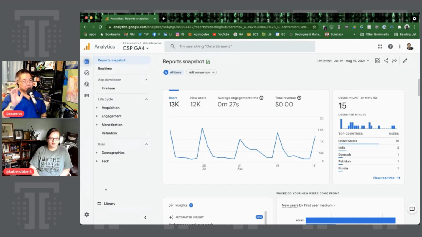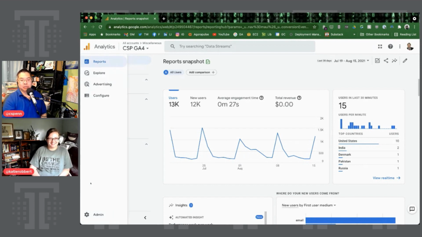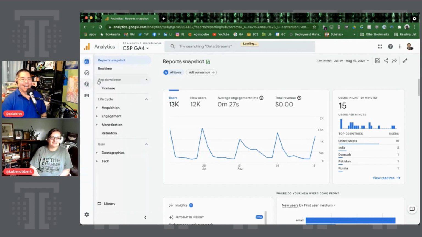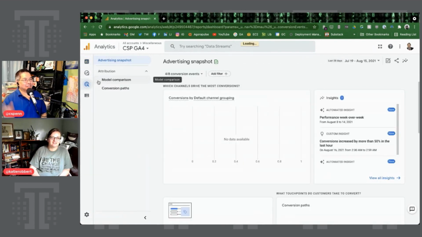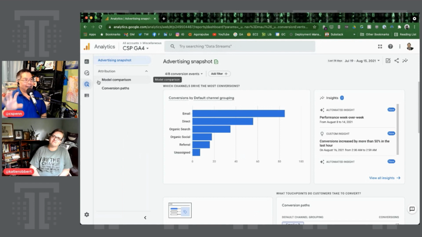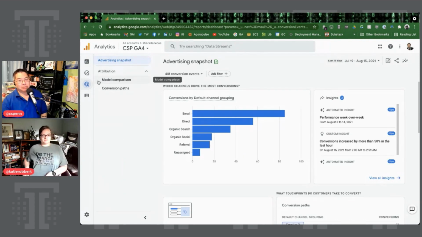And here is the problem with Google Analytics 4 attribution. That ain't it. You have to go to the upper menus where you see Reports, Explore, Advertising, and Configure, and then it is in Advertising. So even though the entire section is about attribution, it's called Advertising. I don't know why it's labeled that. Folks from Google Analytics team, if you are watching this, please consider renaming this section to Attribution so that people know that that's what it is, because it is actually, in fact,